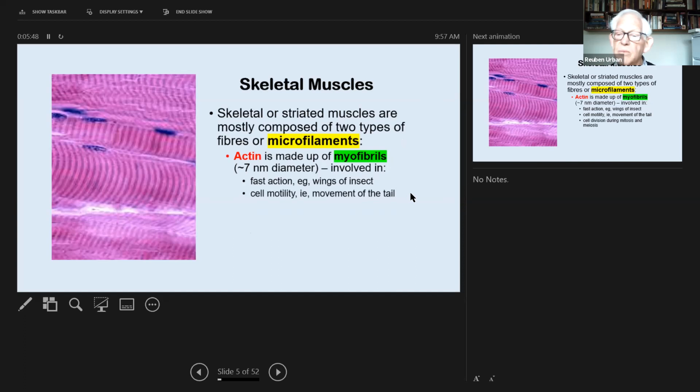Now, when we have cells that move, there are all sorts of cells in nature that move. The one that might come to your mind is sperm. They have strips of actin in their tail, and then they wiggle in a particular pattern. Now, some cells move in a way by moving up and down in a wave formation. Others do it in a rotary fashion, and they vary. But the main thing is cell motility.